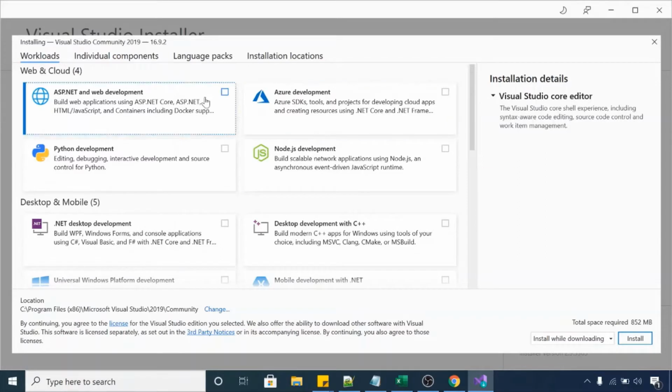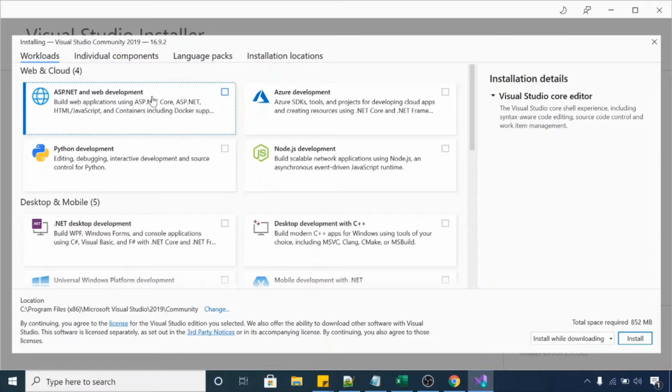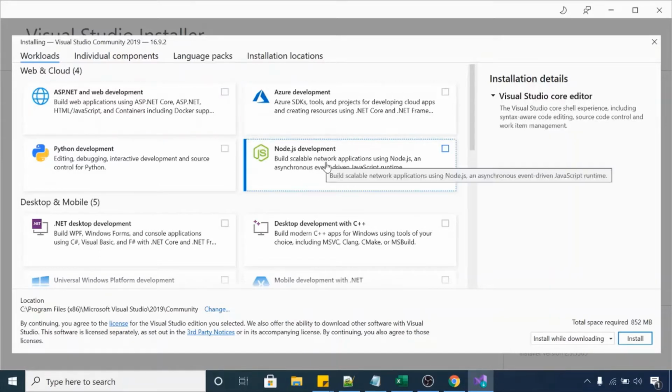So this is the next UI from Visual Studio. For C# development, you need this component. By default, Visual Studio doesn't provide you any functionality, any SDK. If you skip this window, by default Visual Studio is empty.